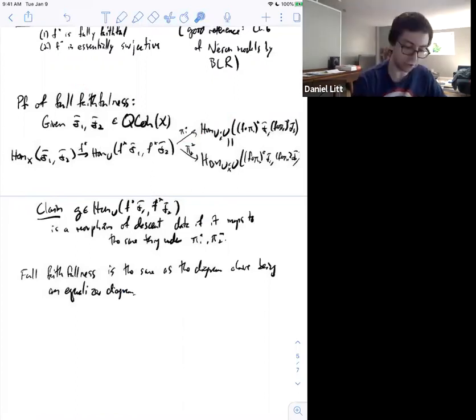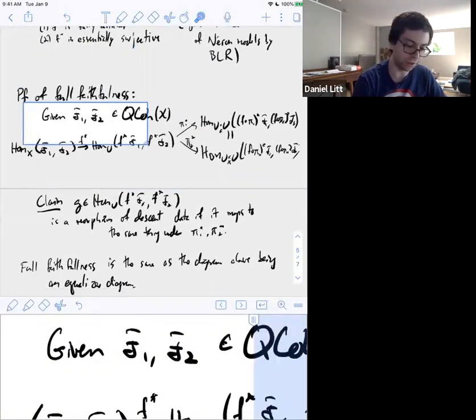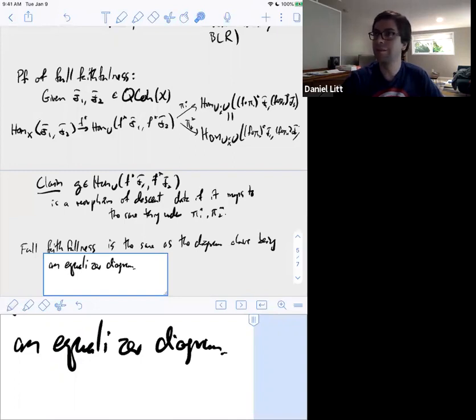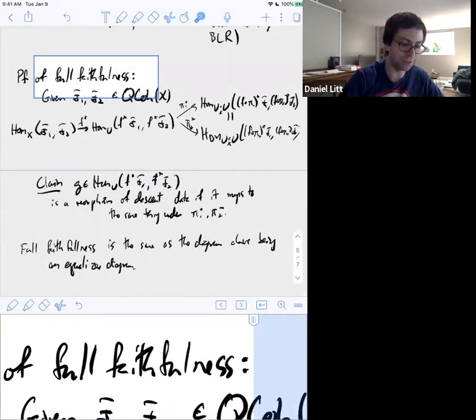All right, so do you agree that that's what we want to show, that this is an equalizer diagram? Okay, so Mencelos agrees. Great. Does anyone have any questions about that? I'll make this explicit in a second. But does anyone see now why full faithfulness implies that quasi-coherent sheaves